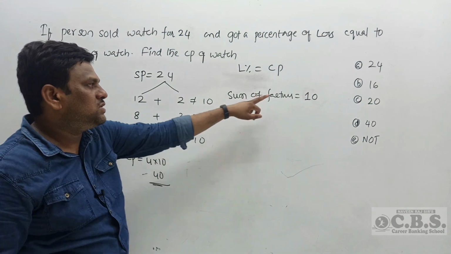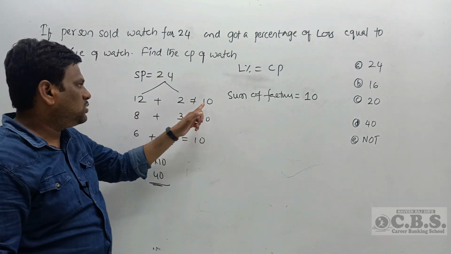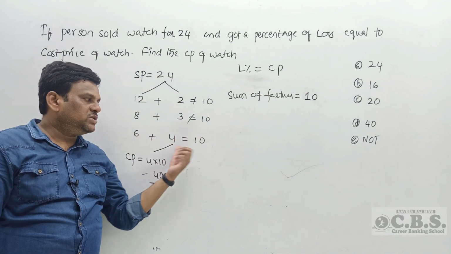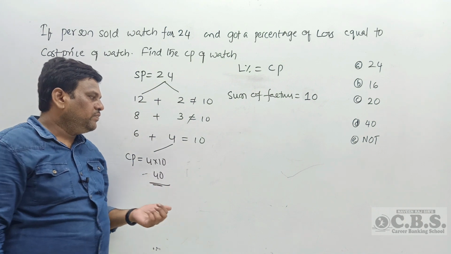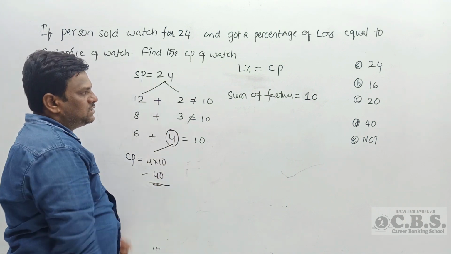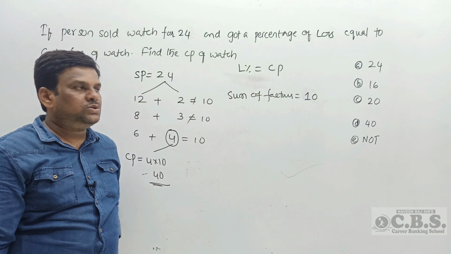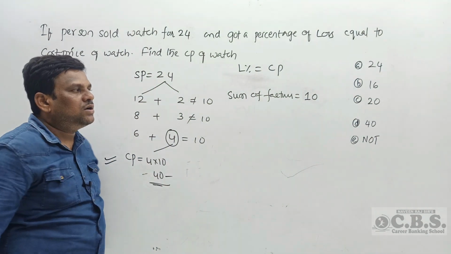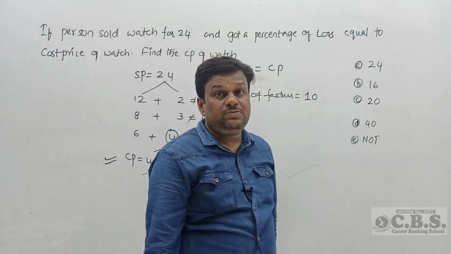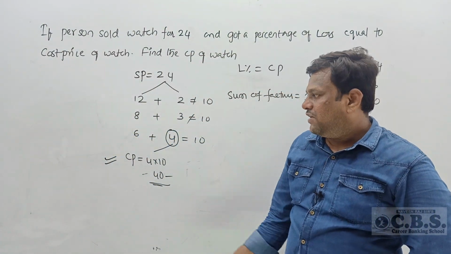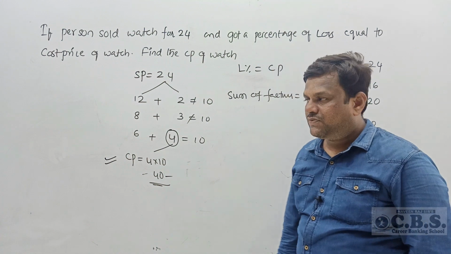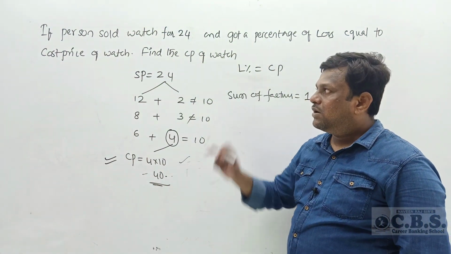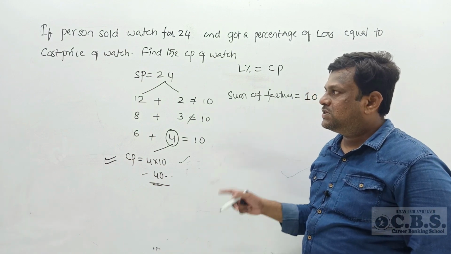The sum of factors must be 10. So does 12 plus 2 give you 10? No. 8 plus 3? No. Well, which one is the right answer? 6 plus 4 gives you 10. So 4 into 10, 40. Always consider the least factor. Which factor? The least factor you need to consider as the cost price of an article. So 4 into 10, 40 rupees is the cost price of the article. What is the loss percentage? If the cost price is 40 rupees, the loss percentage is 40 percent. Okay, so this is one way to answer questions when profit percentage or loss percentage is equal to